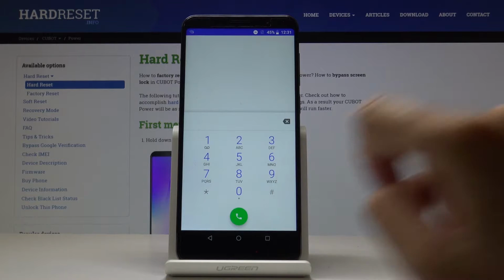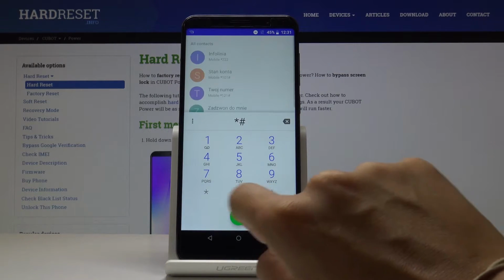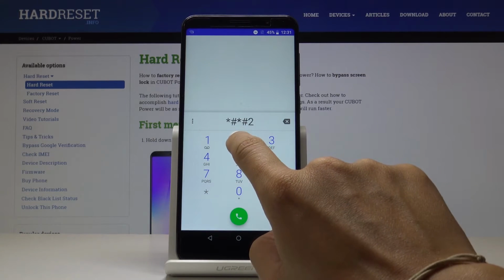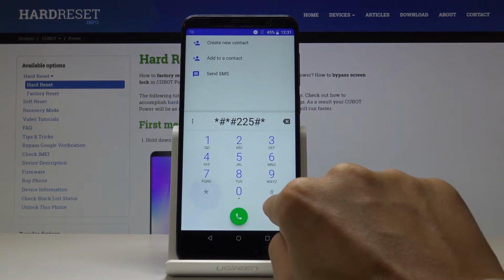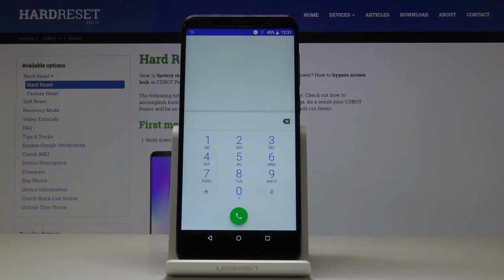Tap on OK to go back, and now we will go to the second code, which is *##225#*#. And now you've got the calendar info here, so all the events, celebrations, alerts from the Google account are included here. Also, the holidays from the place that you currently stay in will be also included in this calendar info, so you will not forget about any important event. Let me go back, and now it's time for the third code, which is